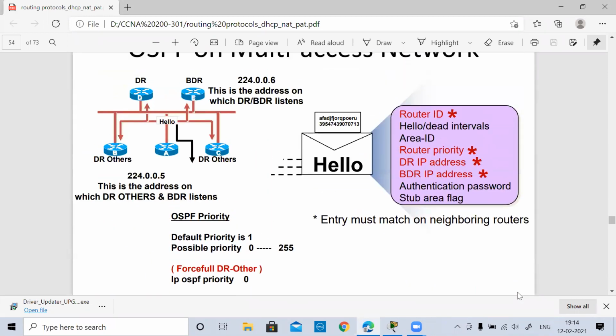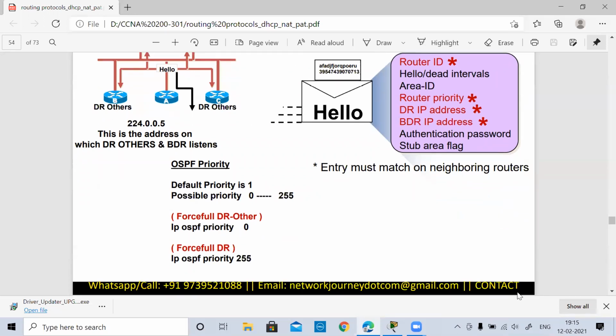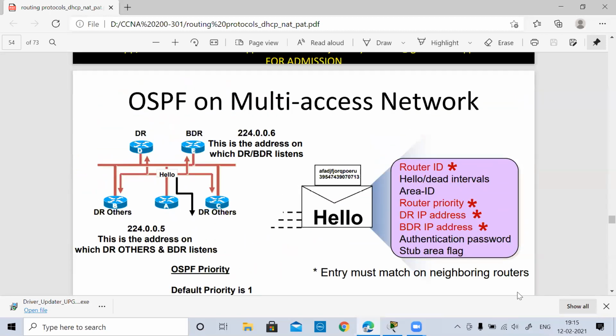So this is what the hello packet consists of. Okay, the hello packet is made up of router ID, then you have the router priority. DR stands for designated router, BDR stands for your backup. Okay, then you have authentication and all these fields inside your hello packets. Okay, so default priority is set to 1, however we can go and change the priority. And here you see there are some routers which are elected as DR, BDR, DR others, DR others. Okay, so we will understand how this particular thing works.